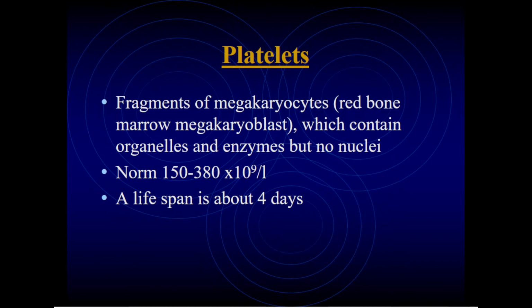Platelets are rapidly destroyed in bleeding, and factors that take part in coagulation, which are so-called platelet clotting factors, are released, are liberated into the blood plasma. They also liberate substances which will cause vasoconstriction, as for example serotonin, epinephrine, norepinephrine.